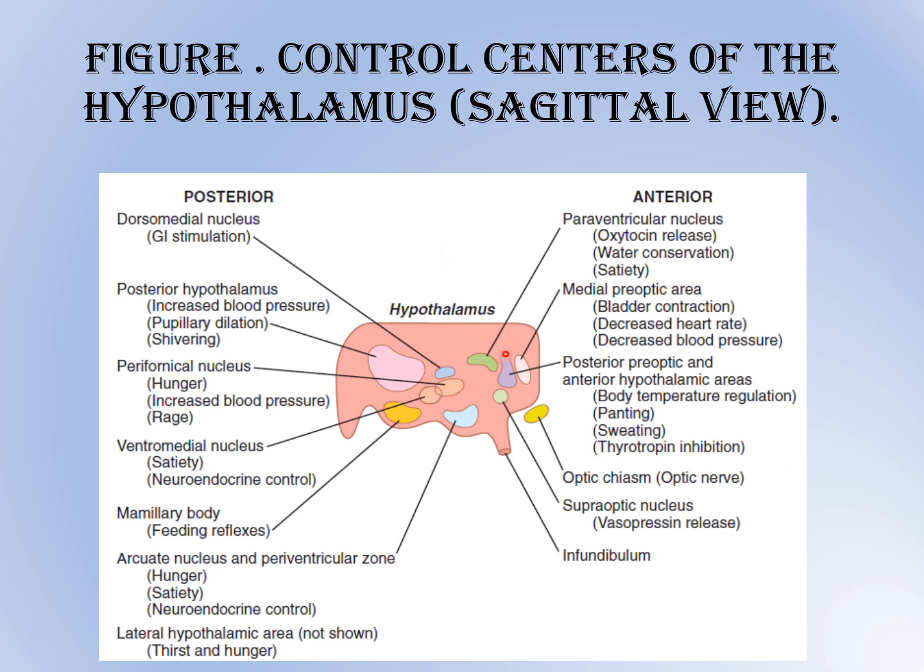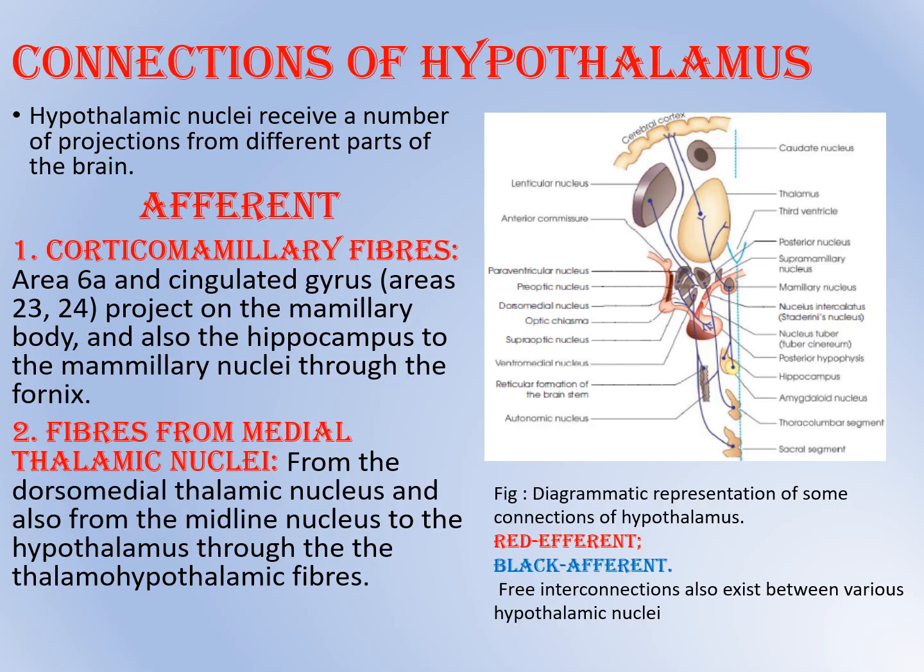So this one is a figure of the control center of the hypothalamus, sagittal view. There are nuclei and their functions are also written. Then the connections of the hypothalamus. Hypothalamic nuclei receive a number of projections from different parts of the brain. So there are afferent connections